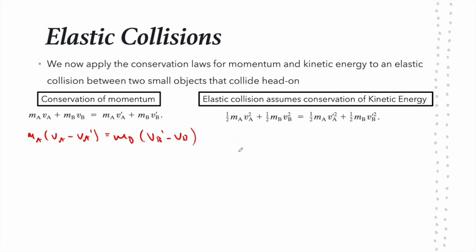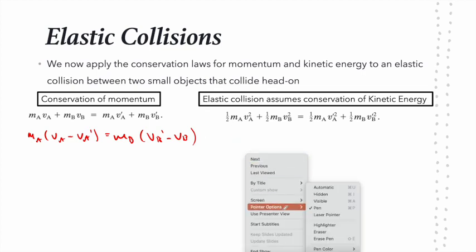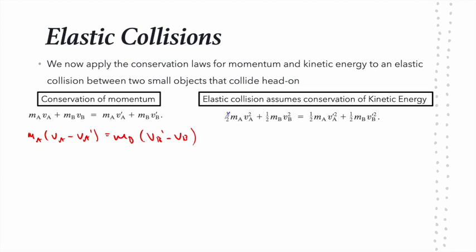And then from this equation right here, I can cancel the 1/2 and then do something similar. I can say mA times (vA squared minus vA prime squared) is equal to mB times (vB prime squared minus vB squared). Okay,